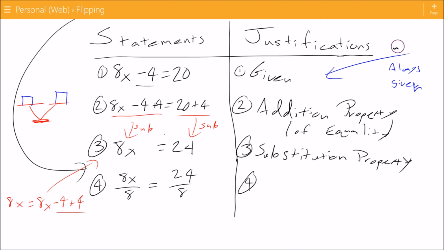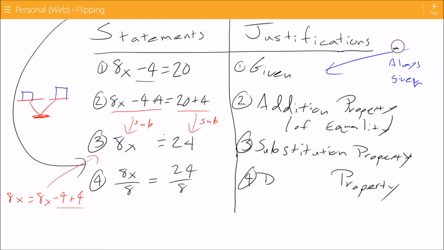What property do you think we will use to justify this operation? The division property. I'm dividing on both sides. That is okay. I can do that. As long as I'm doing the same thing to both sides, I can divide by whatever I wish. The one exception being 0, because you can never divide anything by 0. But anything else,